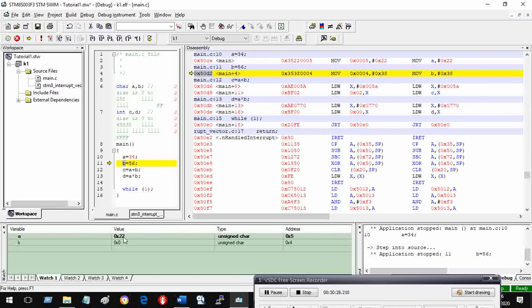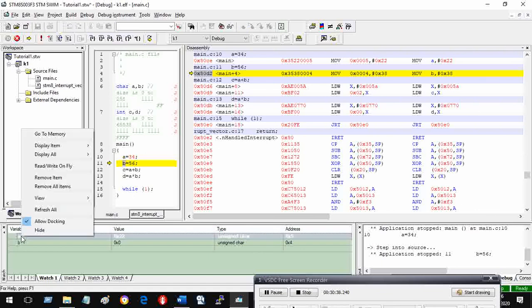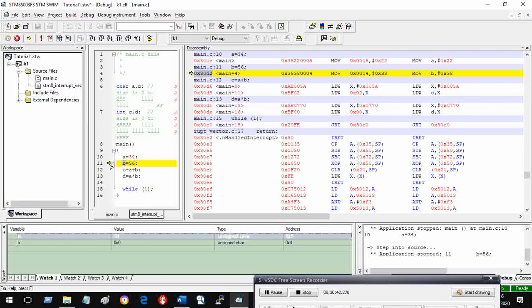To avoid this confusion, you may even say that I want to see this variable in decimal form. So come to A, click it, and then right click and display item in the decimal form. So you will see it has turned into decimal form. You want this also to be in the decimal form.